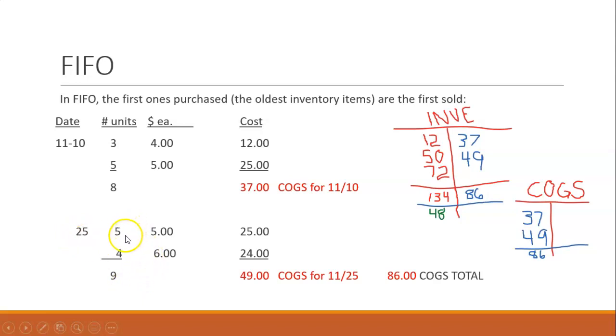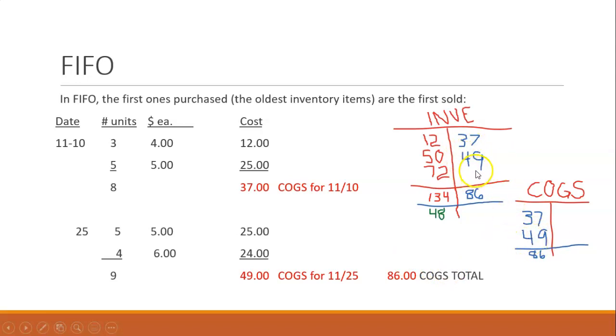So now we can multiply out. 5 times 5 is 25. 4 times 6 is 24. We add those two together, $49. That's our cost of goods sold for that day, for November 25th. So we would do a journal entry where we would debit the cost of goods sold for $49, credit inventory